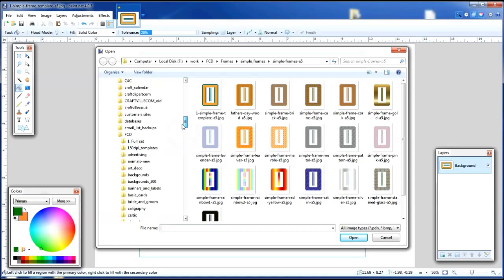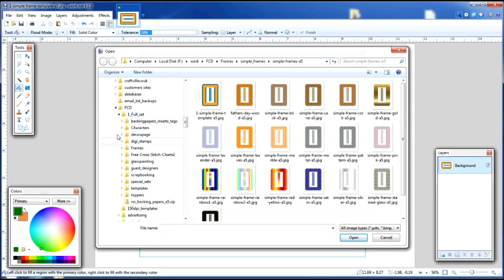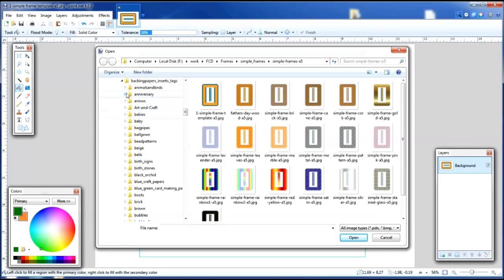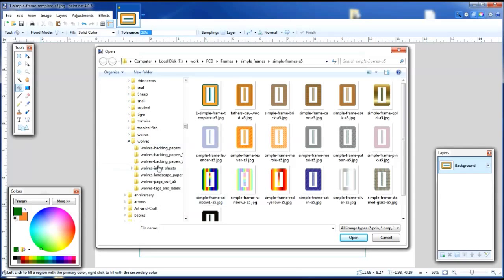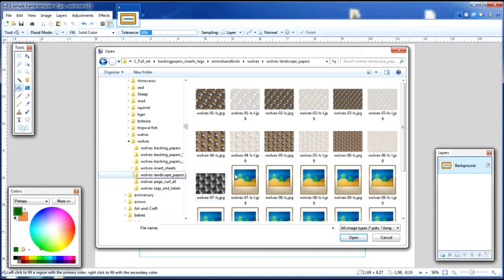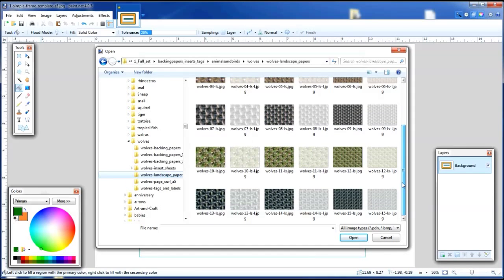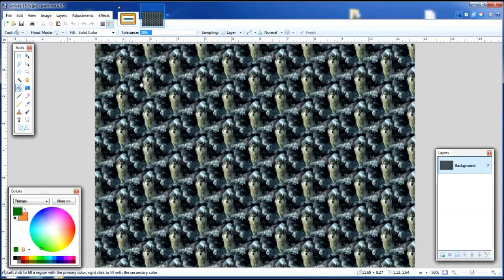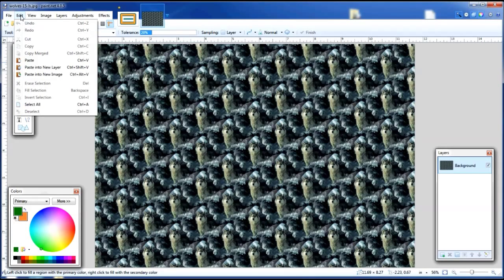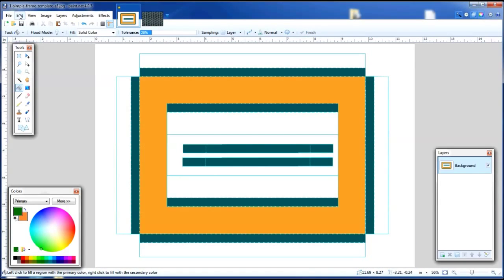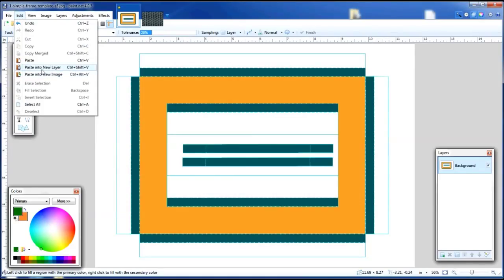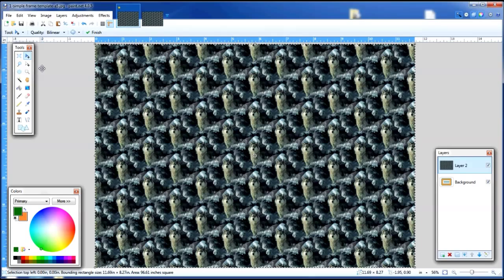Now I need to find the image I want to use. I did mention the wolf earlier, so let's find those wolf images from last week. Wolves. I obviously want the landscape ones. Small is better. So let's go for that one, I think. Yeah, I like that one. Edit, select all, edit, copy. I go back to my template and edit, paste into new layer,